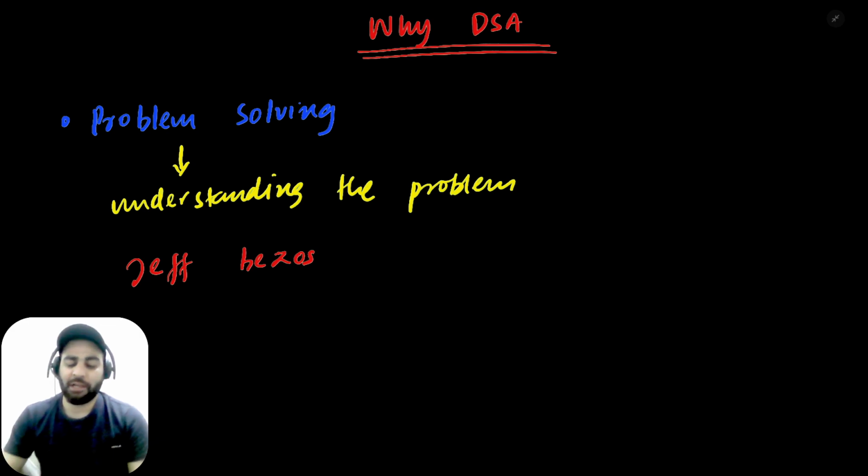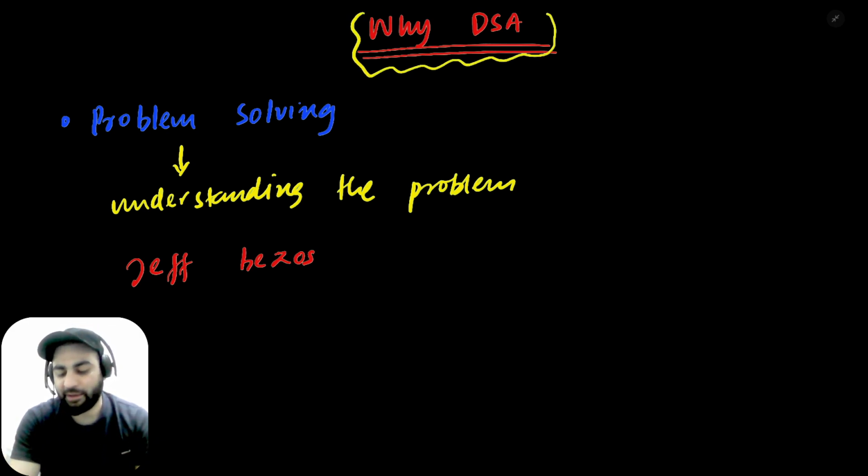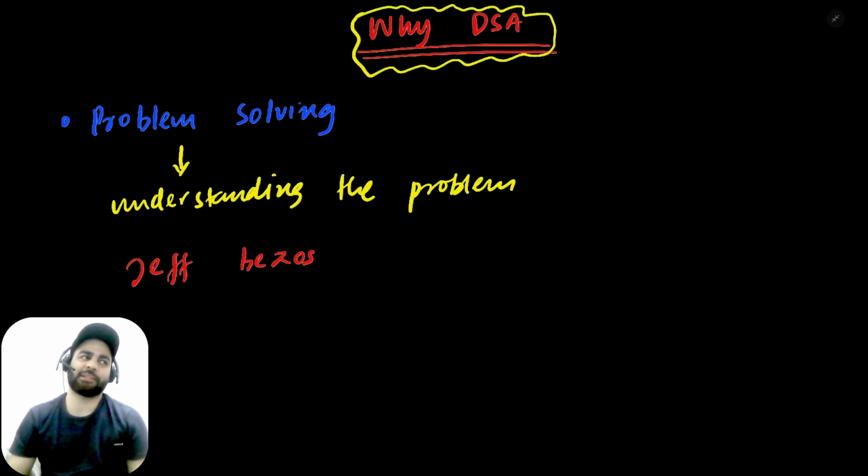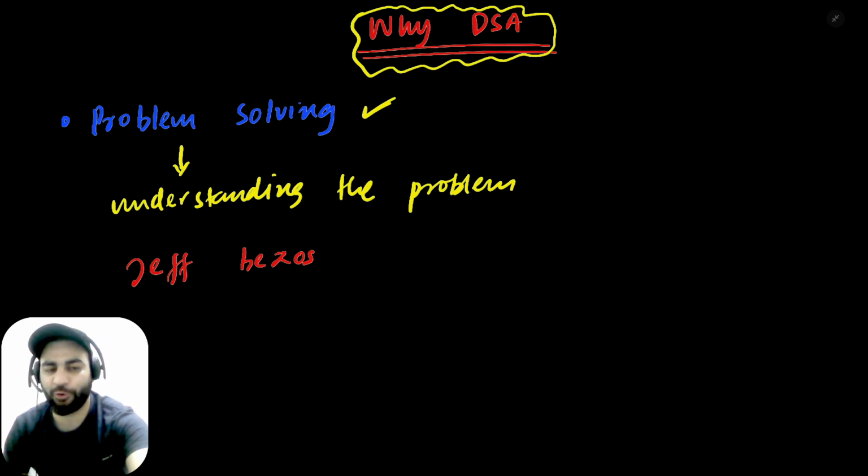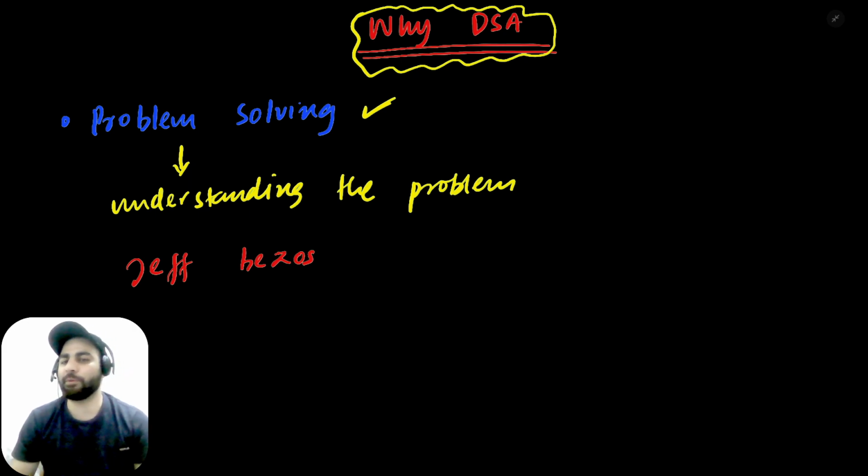Yes, sir. Nice. So I was talking about why DSA. Why should we even care about DSA? I told you, as computer science students, we usually solve real world problems, and that's what DSA gives you. The first thing DSA gives you is that it ingrains into your head how to solve a problem. There's a process to follow when solving a problem. The first part is understanding the problem. That's the first step in solving any problem: to fully understand it and what needs to be accomplished. What are the outputs that I need to gain, or what are the things that I require before solving the problem?